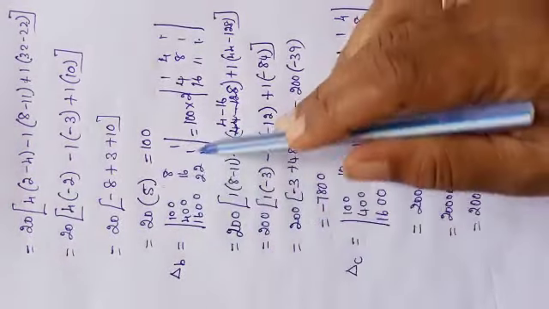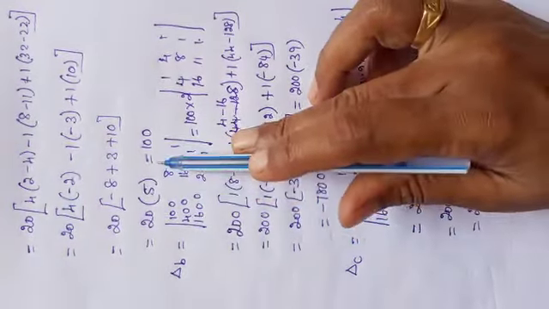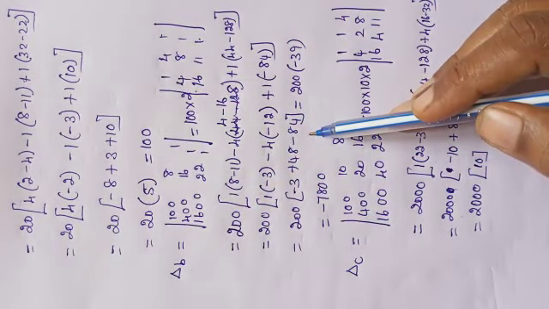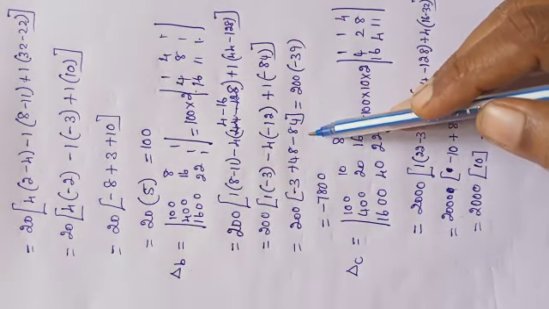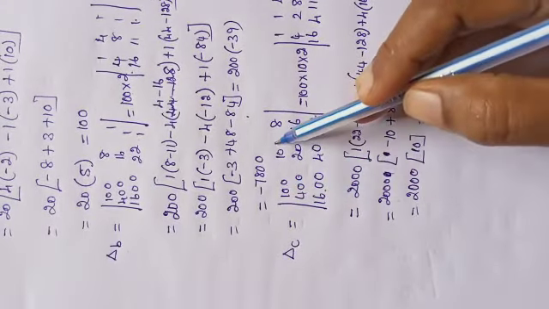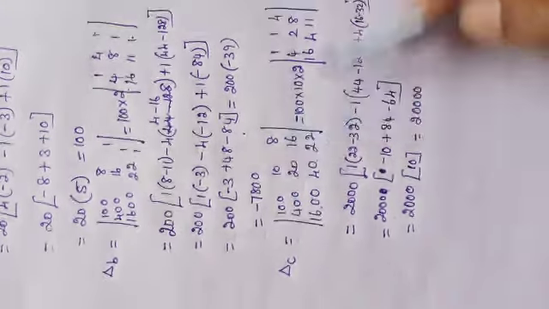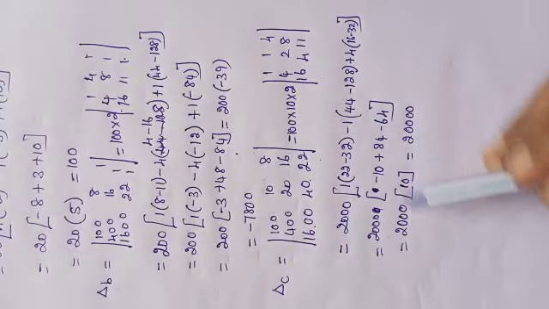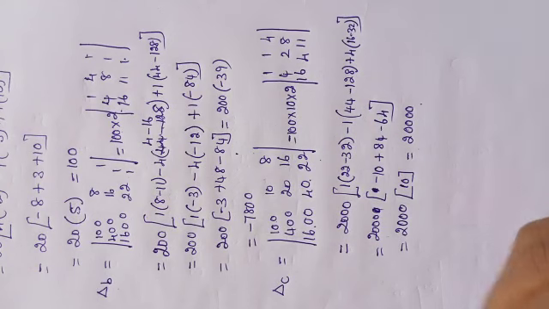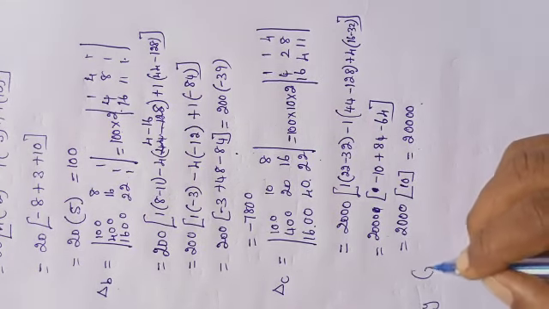Delta B, see here, 100 is common and 2 is common, take it out, simplify. Then again here delta C, 100 is common, 10 is common, 2 is common. Simplify. After simplification we have got 20,000. Now by Cramer's rule